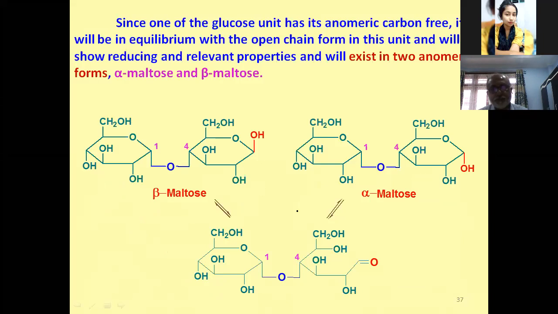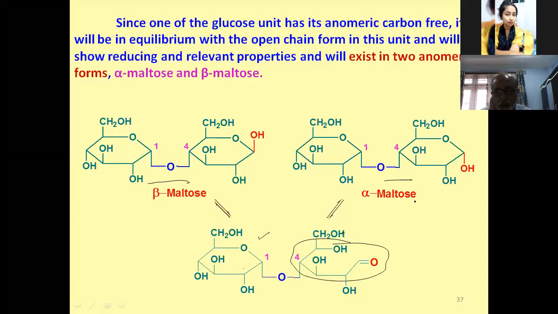Now you see here, this is the beta form and this is your alpha form. This alpha form and beta form in solution will be interconvertible, but it will go through this open chain form, because this part will become open chain, not this one. This will remain as a closed ring. It is not going to open, but it is this form which will be there. So in one case, it will become alpha. In another case, it will become beta.